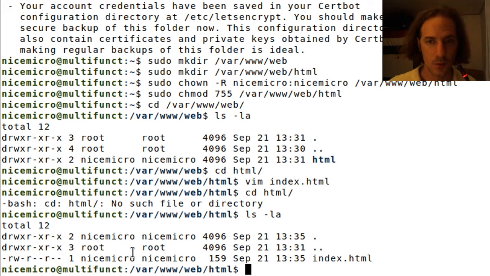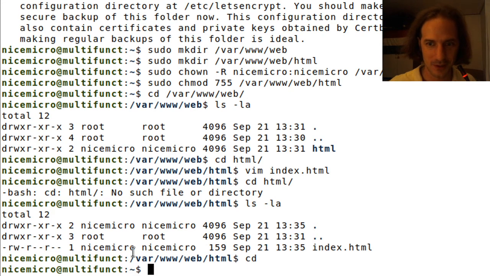So next we will need to create a new server block in our Nginx setup. So we will have to use, let me just go back to my home directory so my prompt is shorter. So sudo vim, or you can use sudo nano of course,